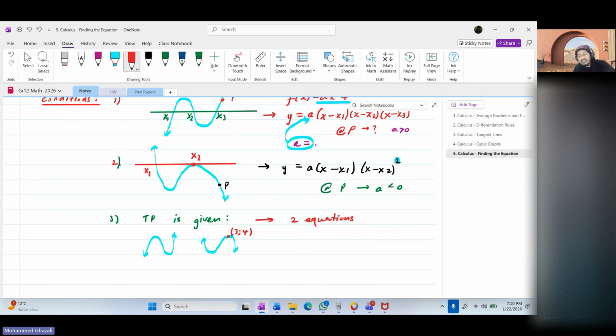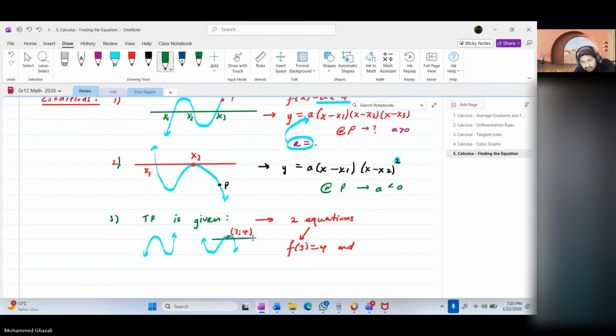If the turning point is 3 and 4, what are the two equations? The first equation is f of 3 is equal to 4, direct substitution. If I substitute the value of 3 in the original function, I will get 4. So f of 3 is equal to 4. This is the most basic knowledge. And the second equation is very important. The slope at the turning point,